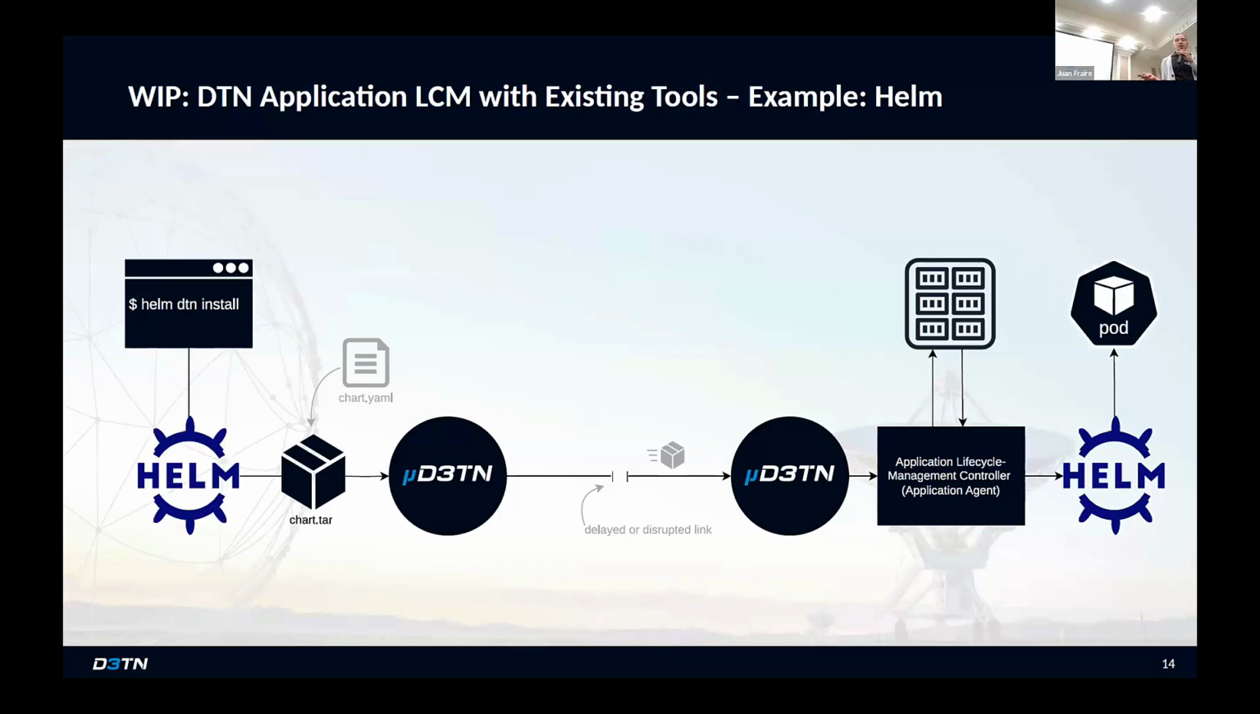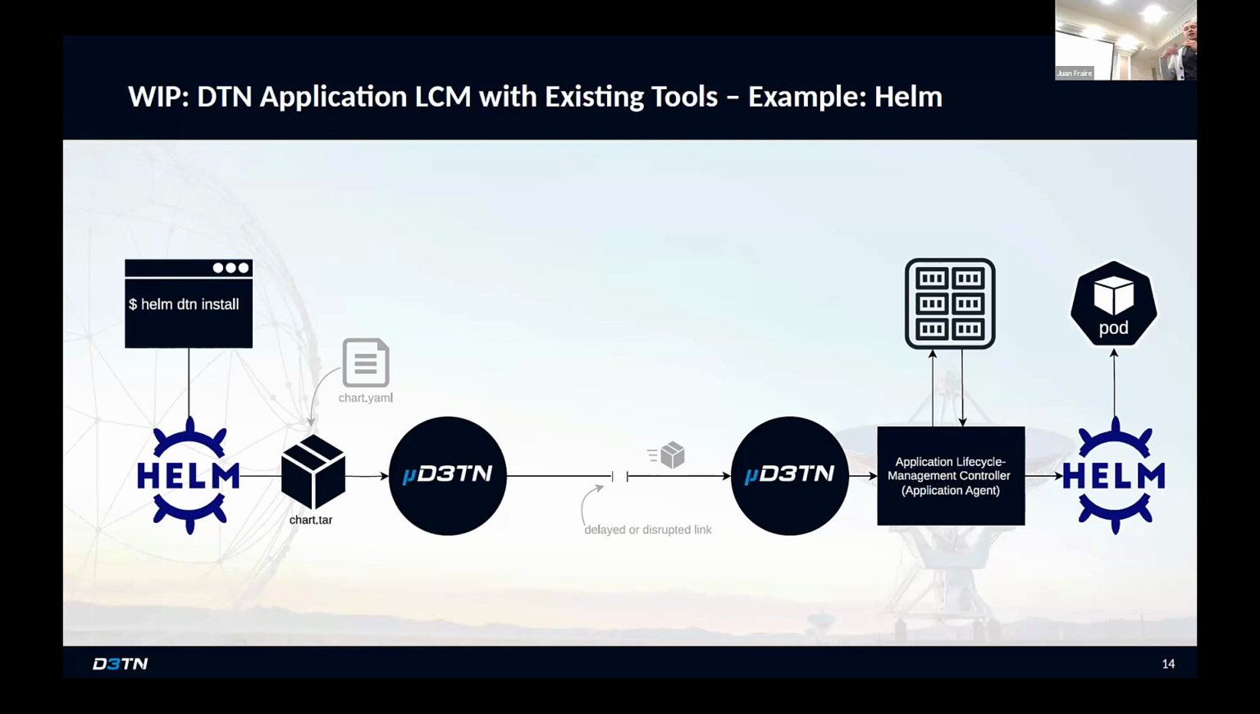So this is an example we are currently working on, and Scott already showed this in the morning. It's quite interesting to us to get this also working with state-of-the-art management tooling, and one important application lifecycle management tooling for Kubernetes is Helm. And we plan to build an extension to that. We have a very early prototype already to add a DTN command to that, where we can deploy these Helm charts